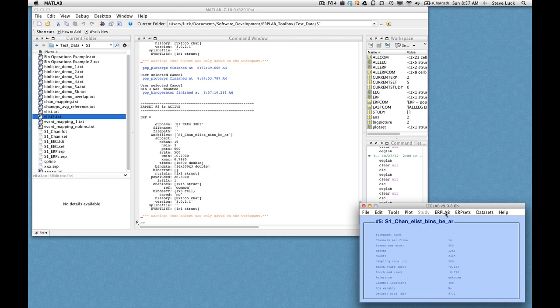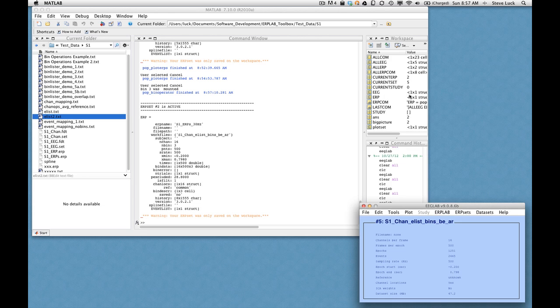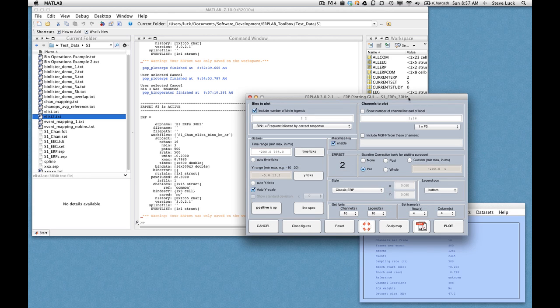Okay, now to see the results of our action, we're going to go back to ERPLAB plot ERP waveforms. Now, one thing to notice about plot ERP waveforms is that it remembers the last set of settings that you had before. So it's going to plot just bins 1 and 2. But now if you look at this bin menu, you can see, oh, there's a third bin that we can plot as well. So if we click that, it says bin 3. But let's plot all three bins, 1, 2, and 3. And we can click plot,